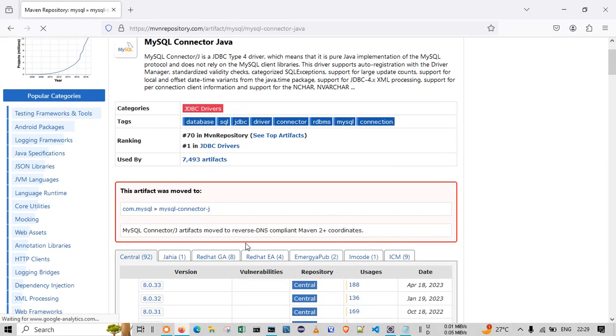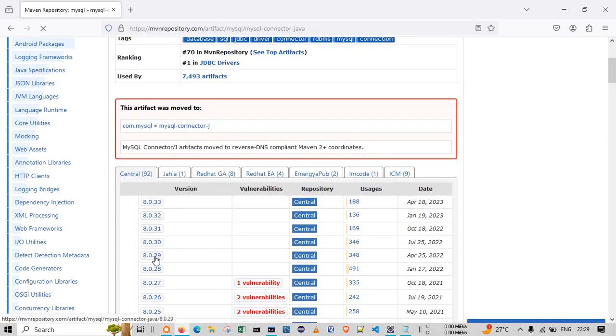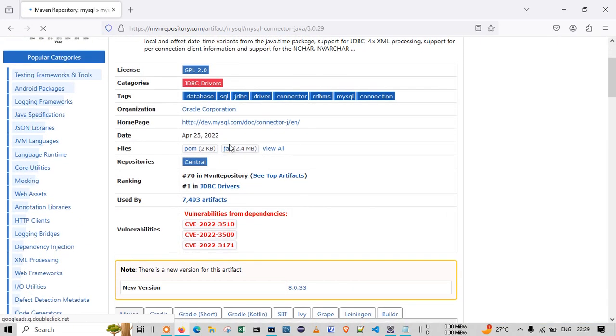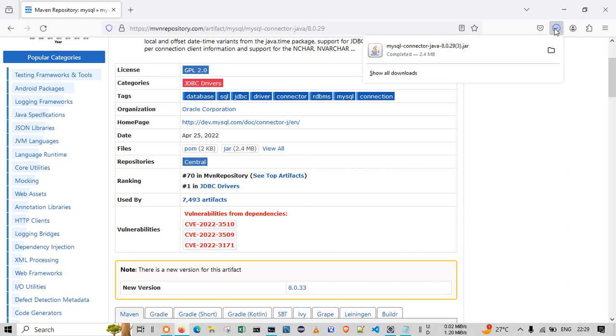Okay, I will check it. Okay, 2.9. So this is the driver I selected, and just click on this jar. We will have the downloading of this particular jar file, that is MySQL connector Java. Once this downloading is done,